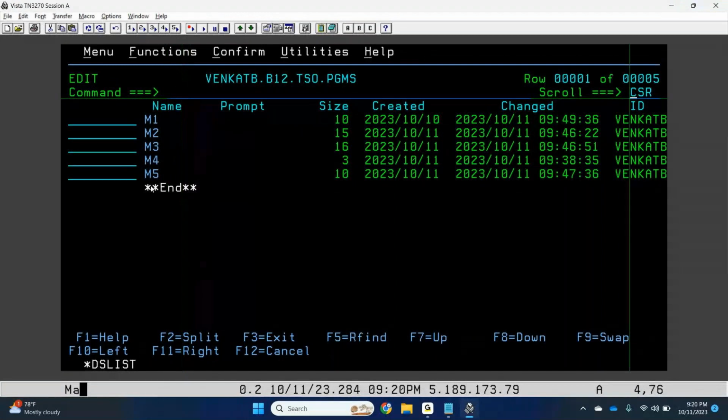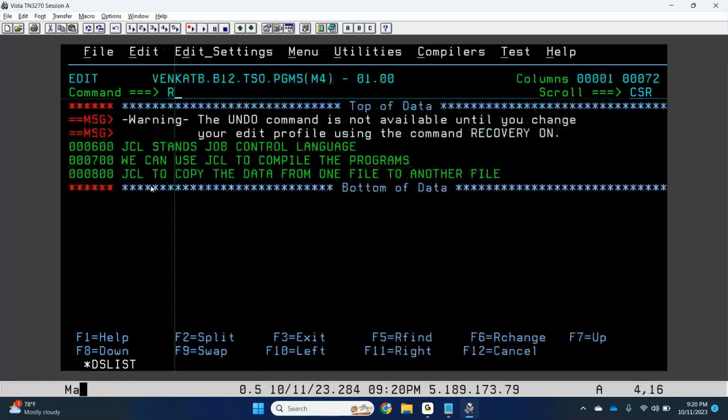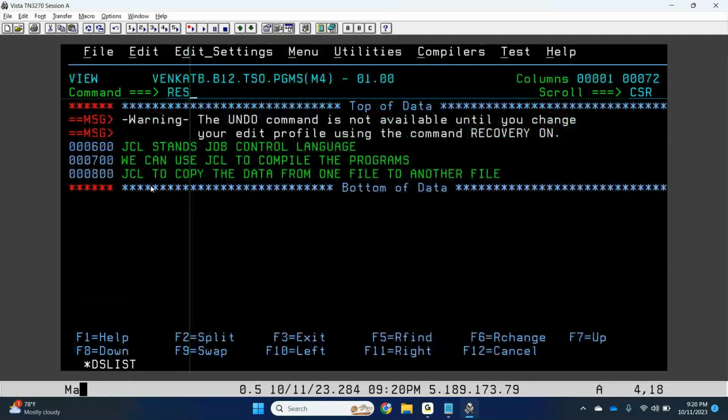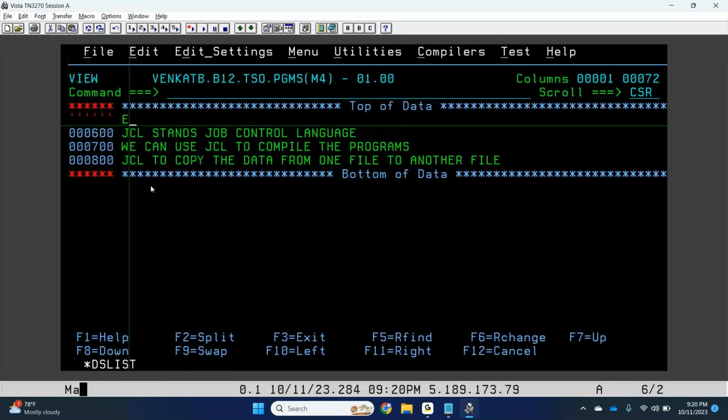We cannot save changes directly. You have to do it indirectly. So I'll open M4. Sorry, I will open the member in view mode. We open the data member in view mode. Reset. I'm entering hello